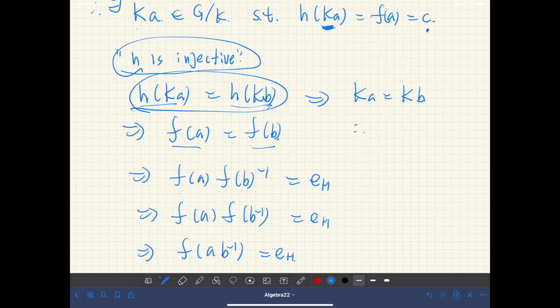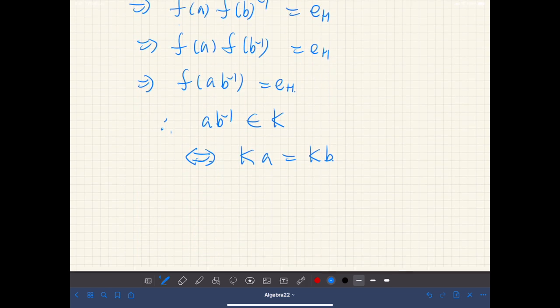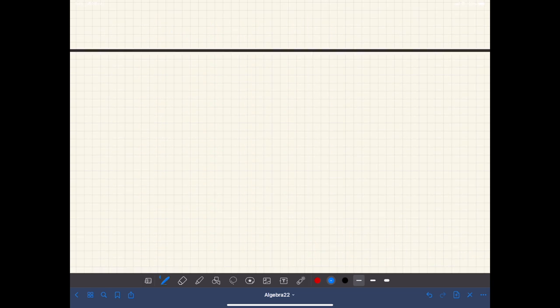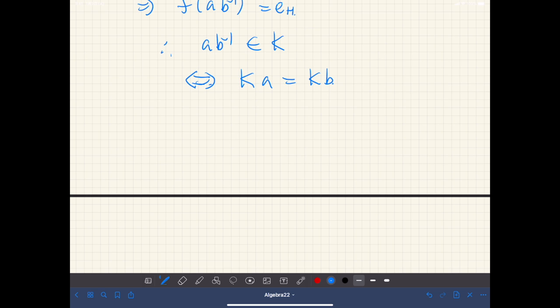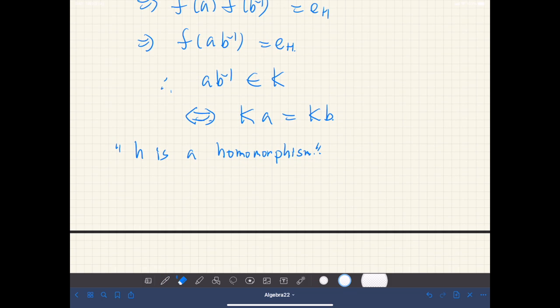So now we know H is both injective and surjective, therefore it is bijective. The remaining thing we need to show is that H is a homomorphism. So to show that, H